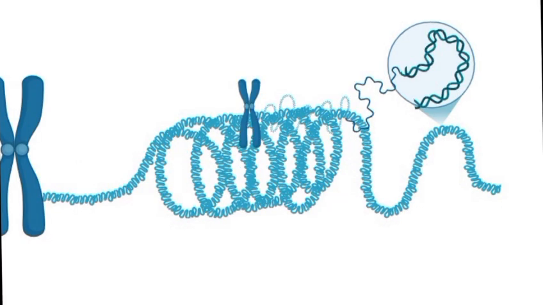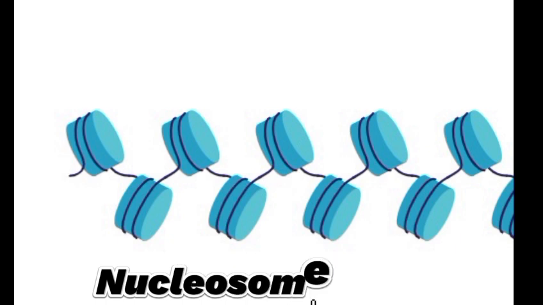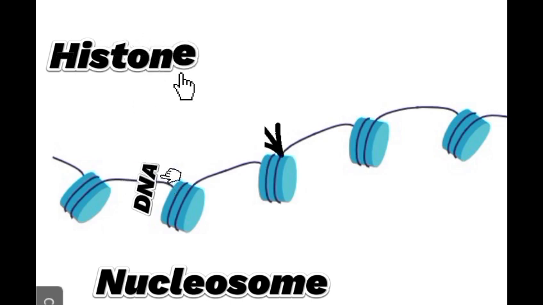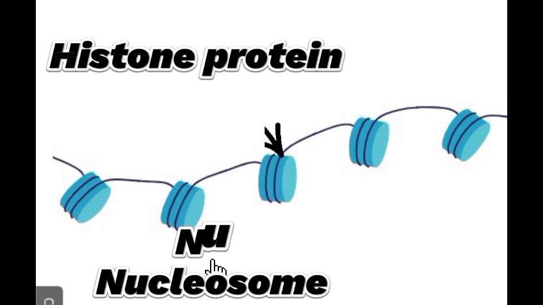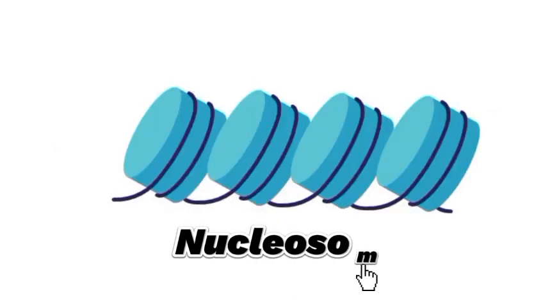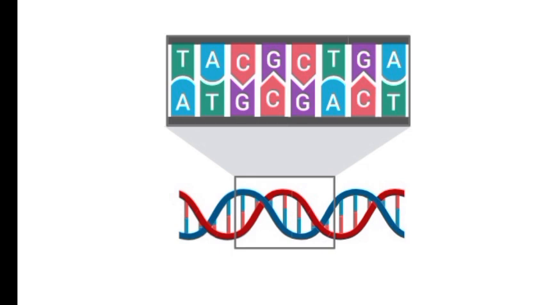So far we have traveled from cell to nucleus, from nucleus to chromosome, but what is actually inside the chromosome? Let's zoom in one more time. Inside the chromosome, it is DNA. DNA stands for deoxyribonucleic acid, and DNA is a molecule that stores genetic information in the cell. It consists of two long strands arranged in a double helix structure, but DNA itself